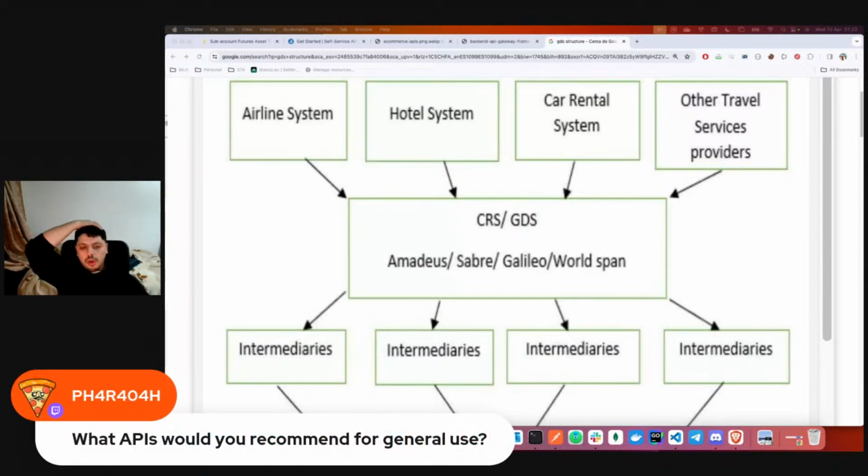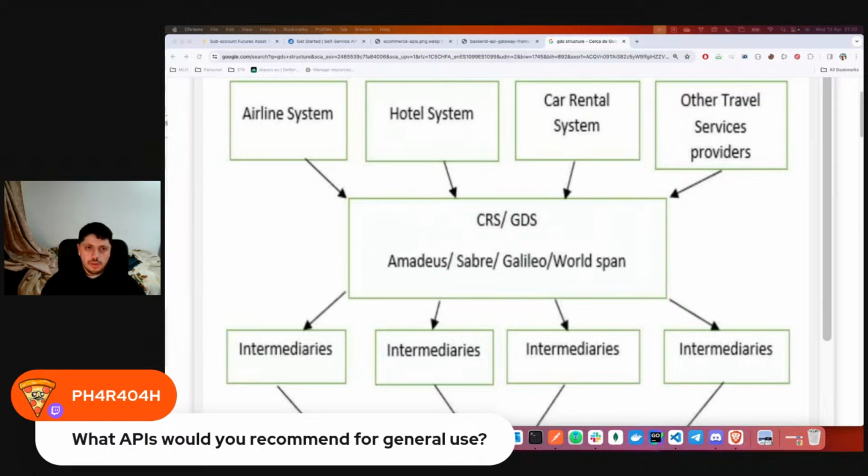What API would you recommend for general use? What do you mean by general use? Like for flights or for maps? To get maps, there's a bunch of APIs. Let me see. There was a website, an API library, called Rapid API.